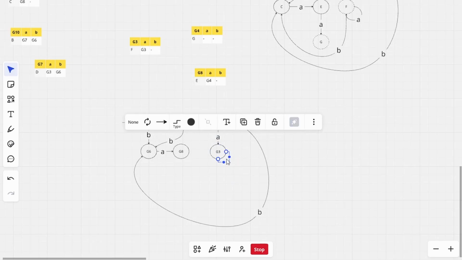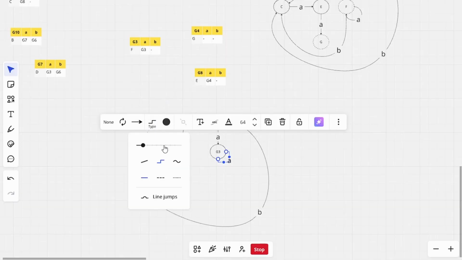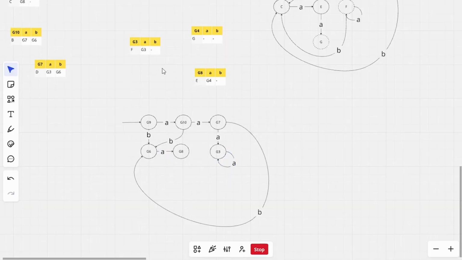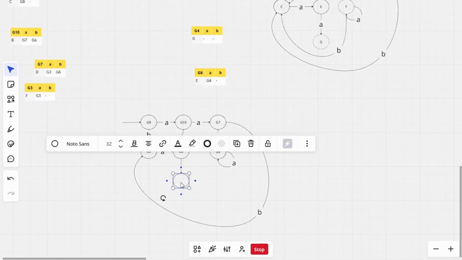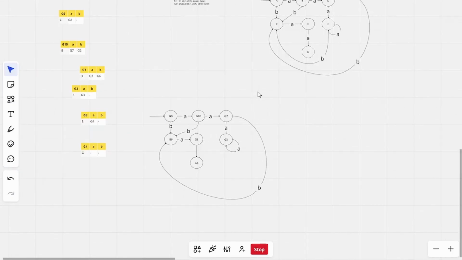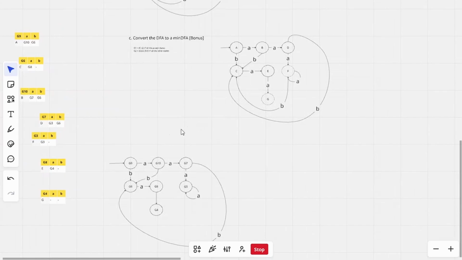Now we read A. And then we have G8, which takes us to G4. And G4 goes nowhere. All right. It looks a tad different than last time. And then let's see